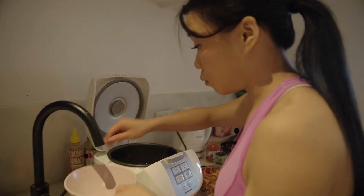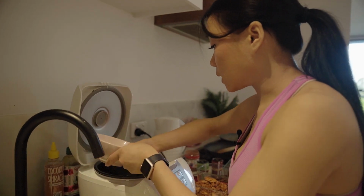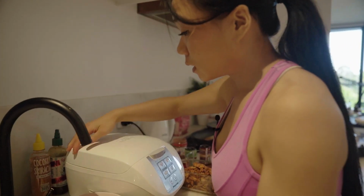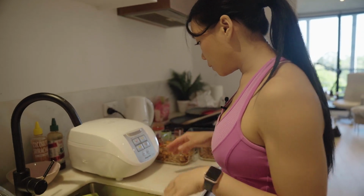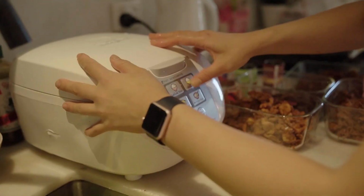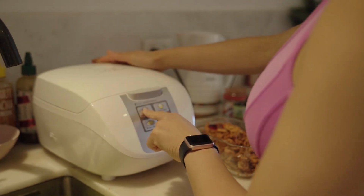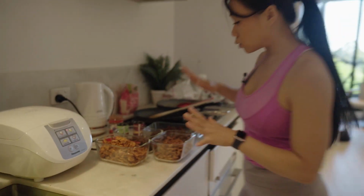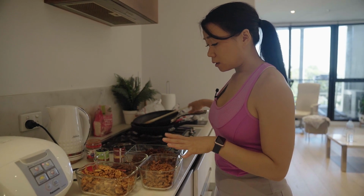Probably add a little bit more water to it, because I've been doing this for such a long time. Everything's just by look, just by feel. I don't have time to get a measuring cup and do all of that, but it should be fine. And then that is good to go. So, I'm gonna turn that on. Okay, so that's good. So while that is cooking, I'm gonna take you to the final part of my protein